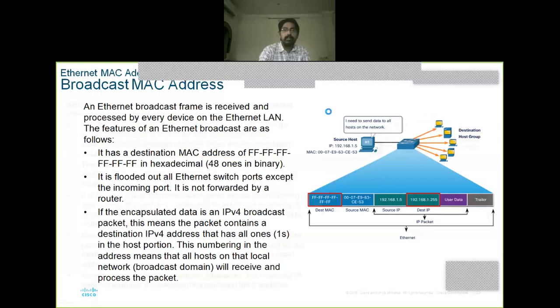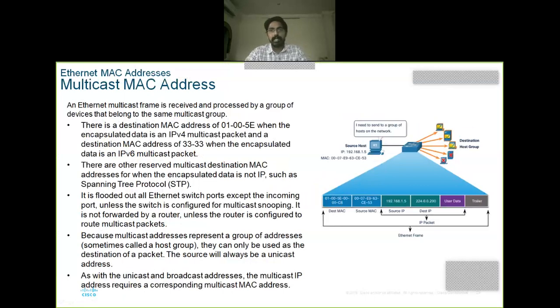Next, multicast MAC address. What is a multicast MAC address? Suppose I need to send to a group of hosts on the network. For example, I have a WhatsApp group. I have lots of contacts, but in WhatsApp I created our virtual training group and added you guys into that group. Now only 25 members belong to that virtual group, 25 students. And module 1 first batch students belong to some other group. Their address is different, your address is different.